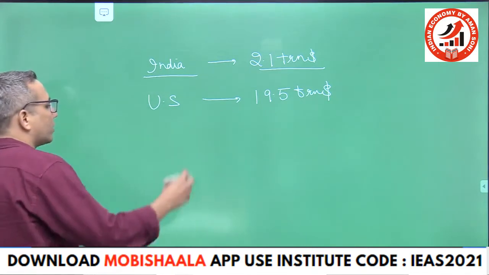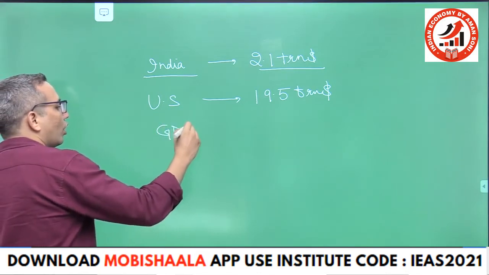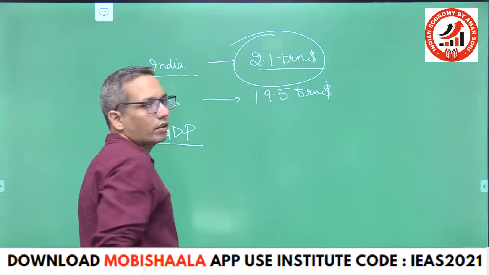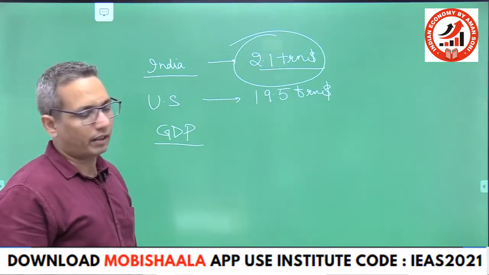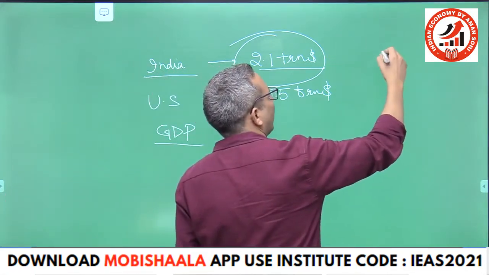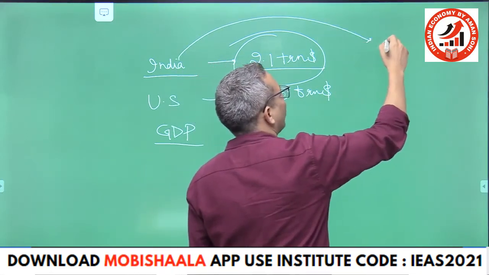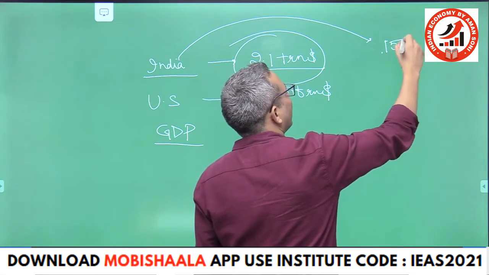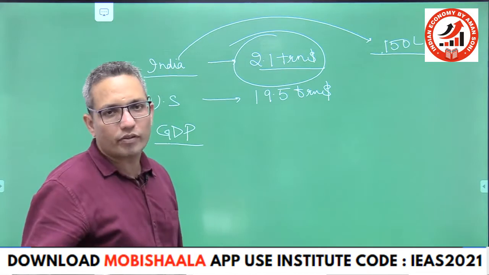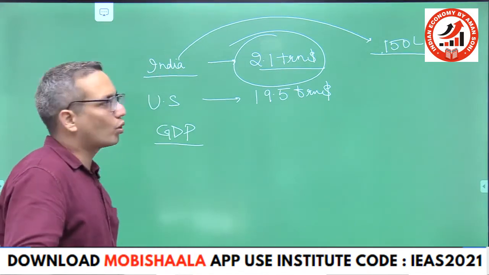So what do we do is, the GDPs of the country, so first of all India's GDP is $2.1 trillion, right? How much is a trillion dollars? It is like 1 lakh crores. So India's GDP is basically currently around 150 lakh crores. India's GDP is around 150 lakh crores, real GDP. I'm not talking about nominal GDP. Nominal GDP is around 200 lakh crores.